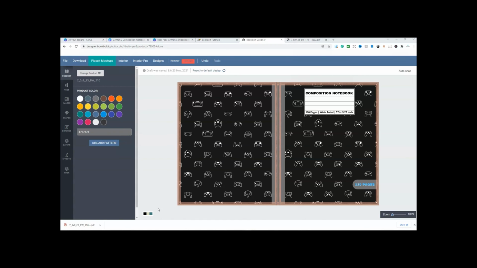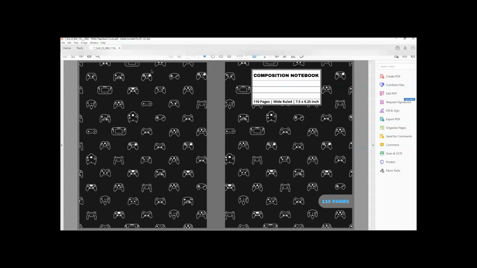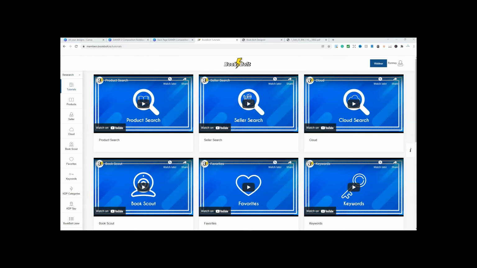So if we go to our folder and now have a look and see what that looked like, that is exactly what we need. And that's going to be perfect for downloading. So that's how I use BookBolt for my cover creation for my paperbacks, and it has saved so much time